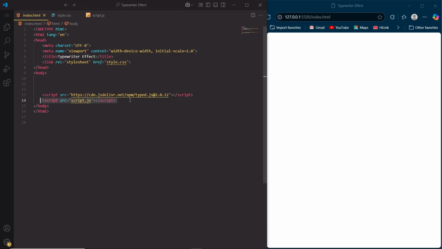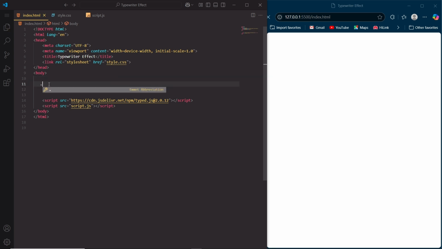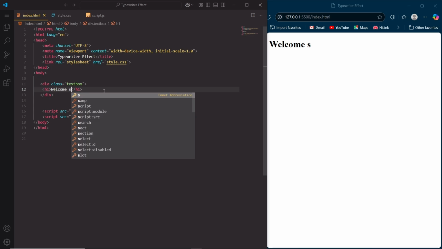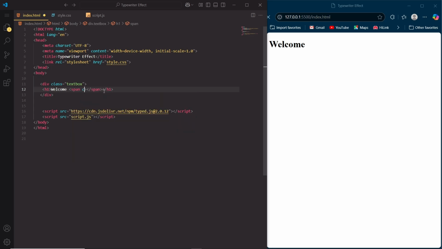So watch it carefully. Now go to the body and wrap the text inside a div with a class named textbox. Inside this div, we place an h1 element that contains the word welcome followed by a span element. This span will hold our dynamically changing text, which is controlled by JavaScript. To ensure everything displays correctly,